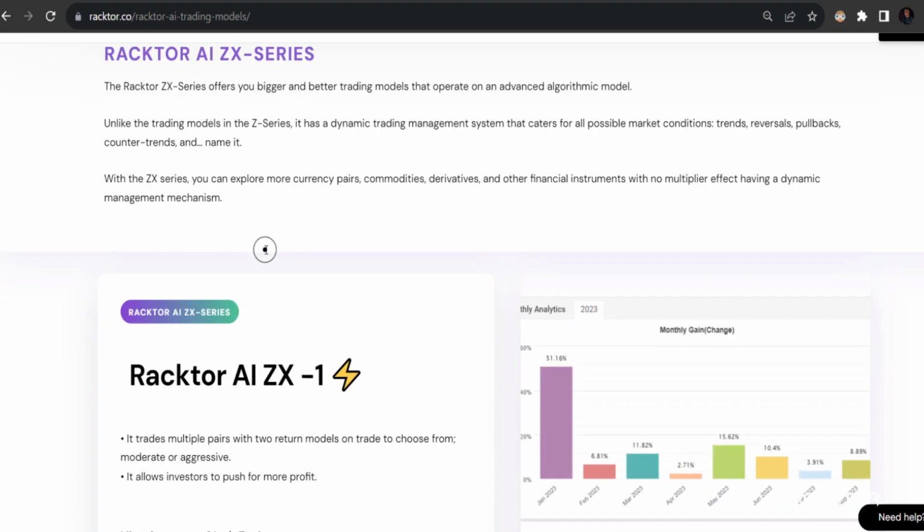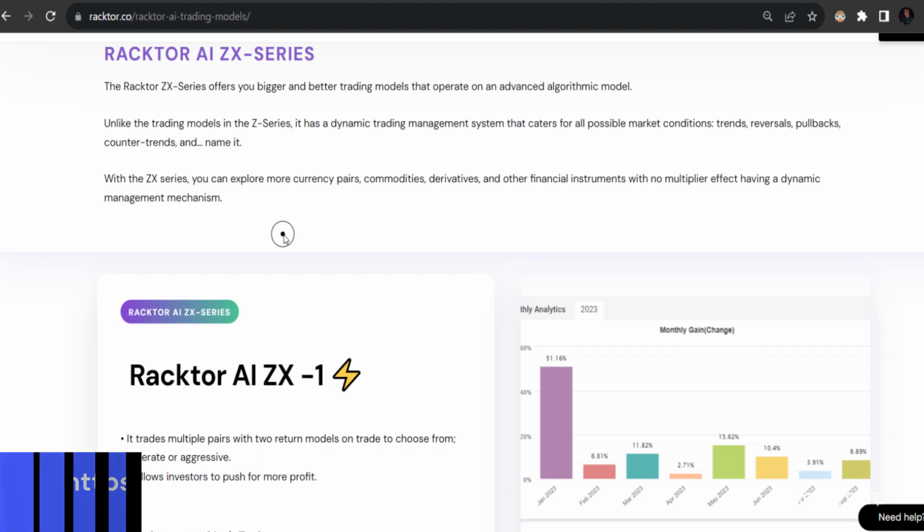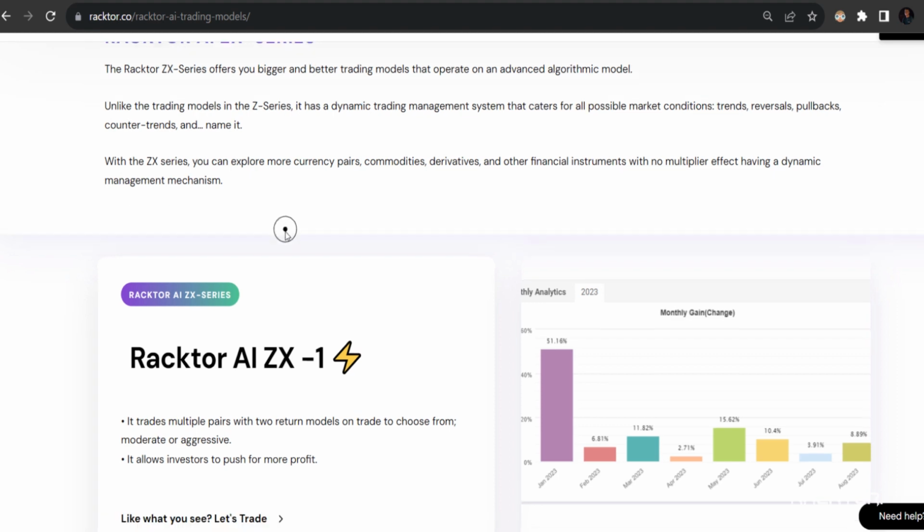All right, so with the ZX series, you can explore more currency pairs, commodities, derivatives, and other financial instruments with no multiplier effect, having a dynamic management mechanism. So the ZX series is lighter in terms of management. It doesn't go as aggressive as the Z series goes in terms of management, and sometimes it could take time to form, but it still makes money at the end of the day. So whether it's fast or whether it's slow, the goal is more money. All right, so